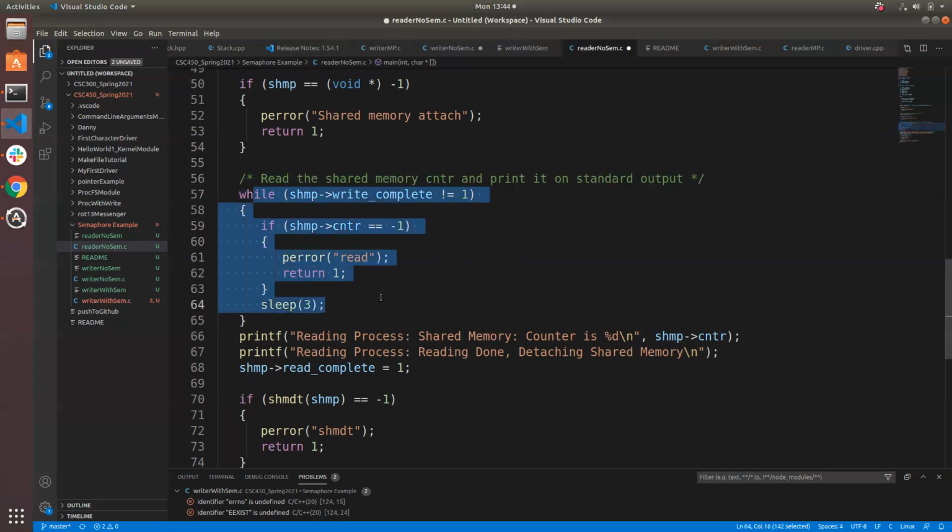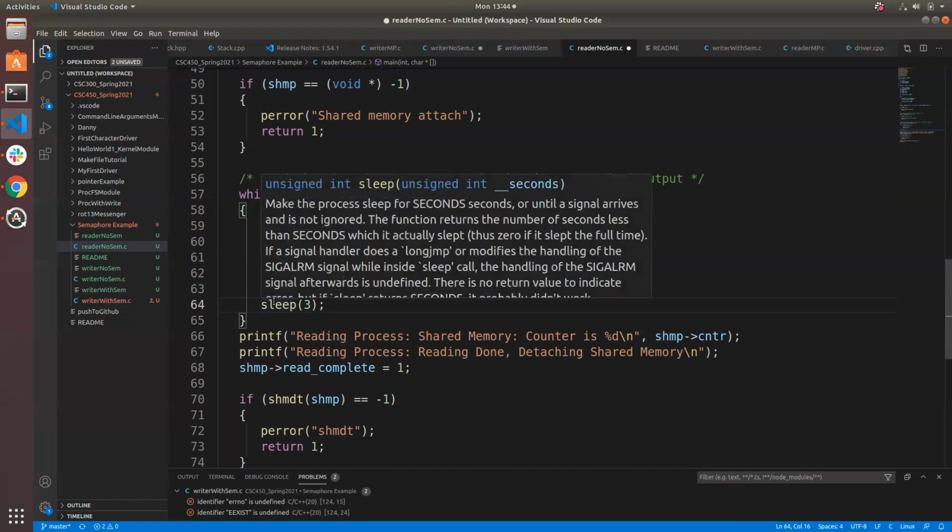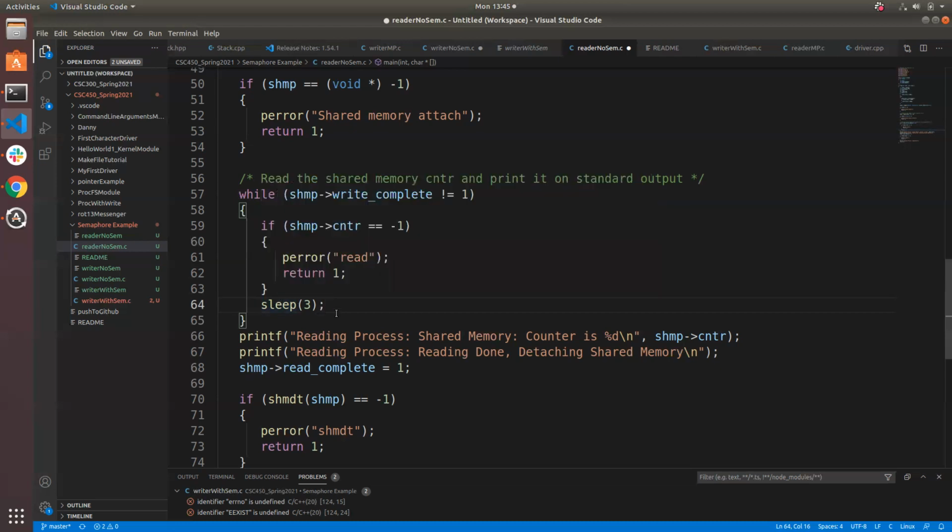And what am I doing here? I'm waiting. I think this is 0.003 of a second. I think that's what sleep 3 means. I think it takes in a number of milliseconds. Well, is it seconds? Well, it says it's seconds. So I guess it's going to wait for 3 seconds. So it's going to say, was it done writing? If not, go to sleep for 3 seconds, check again. Check again, check again. So this guy's going to keep spinning here and waiting 3 seconds until finally